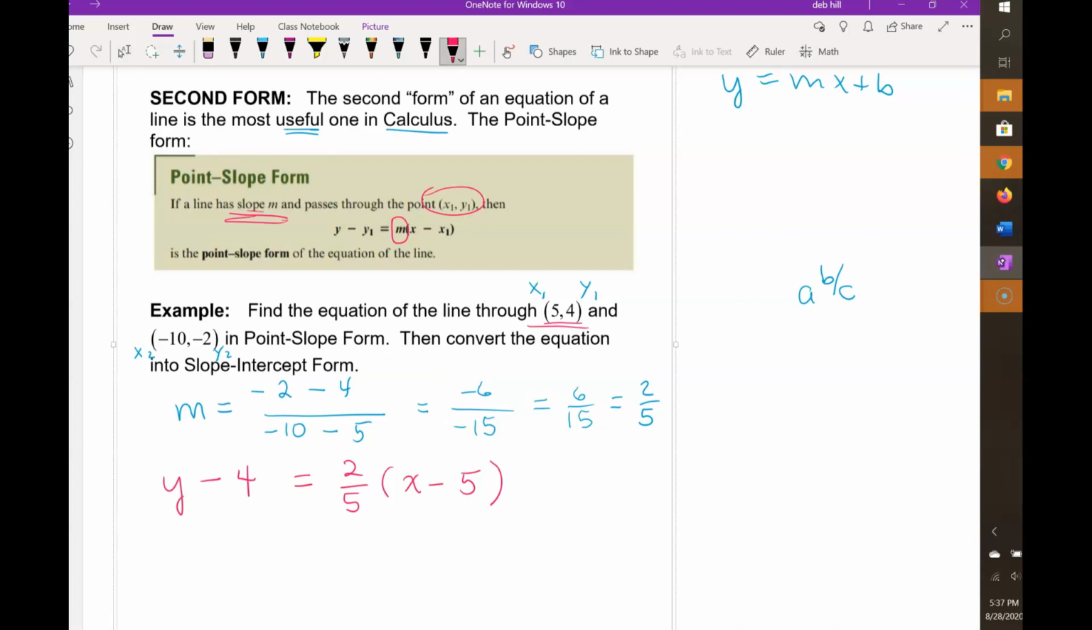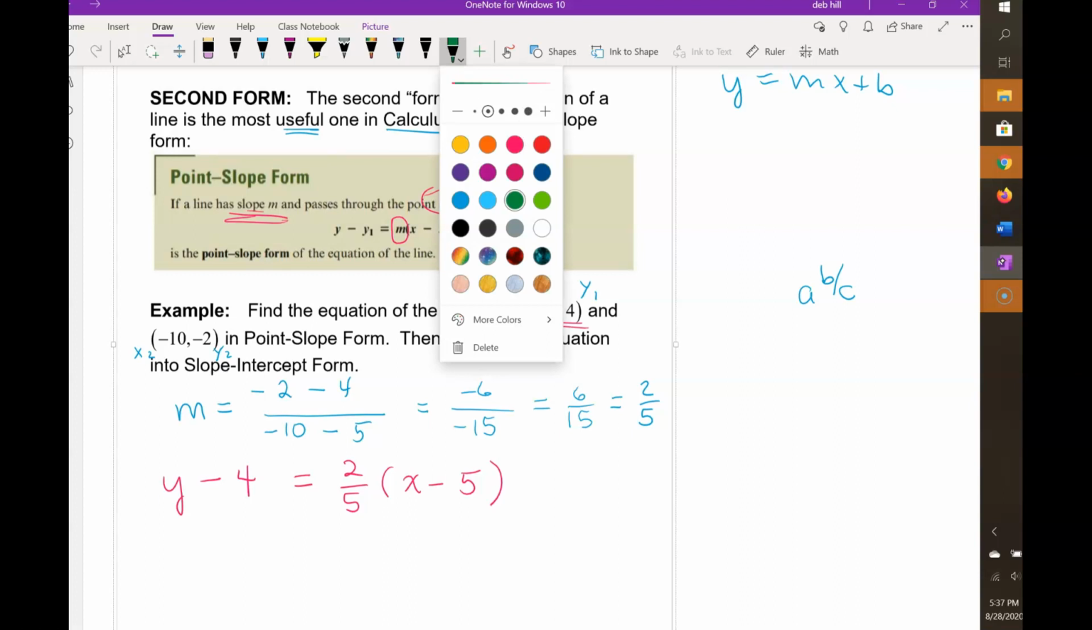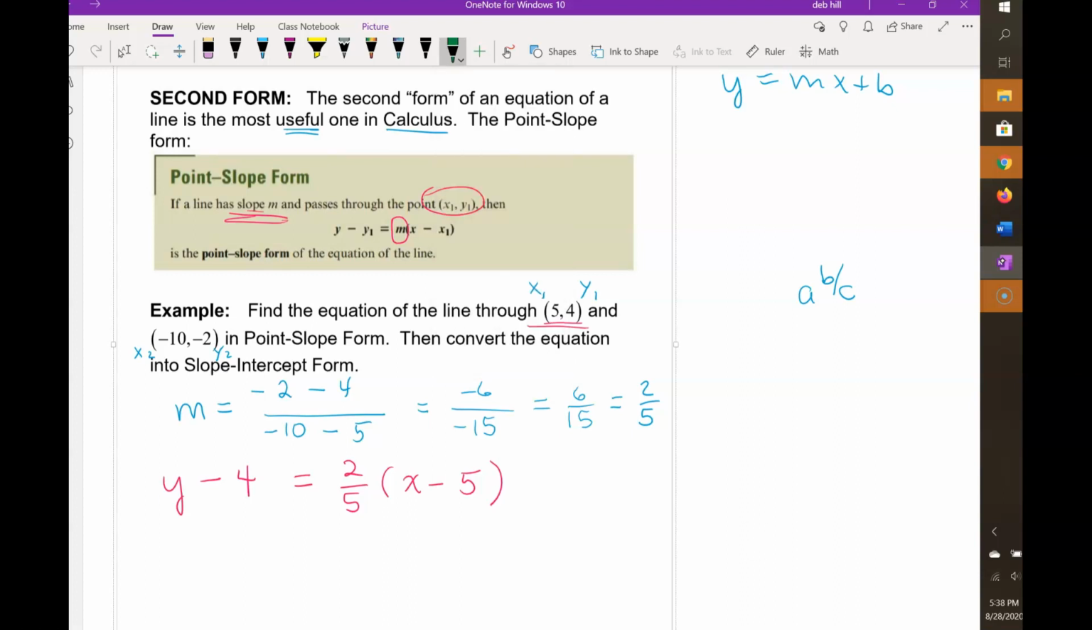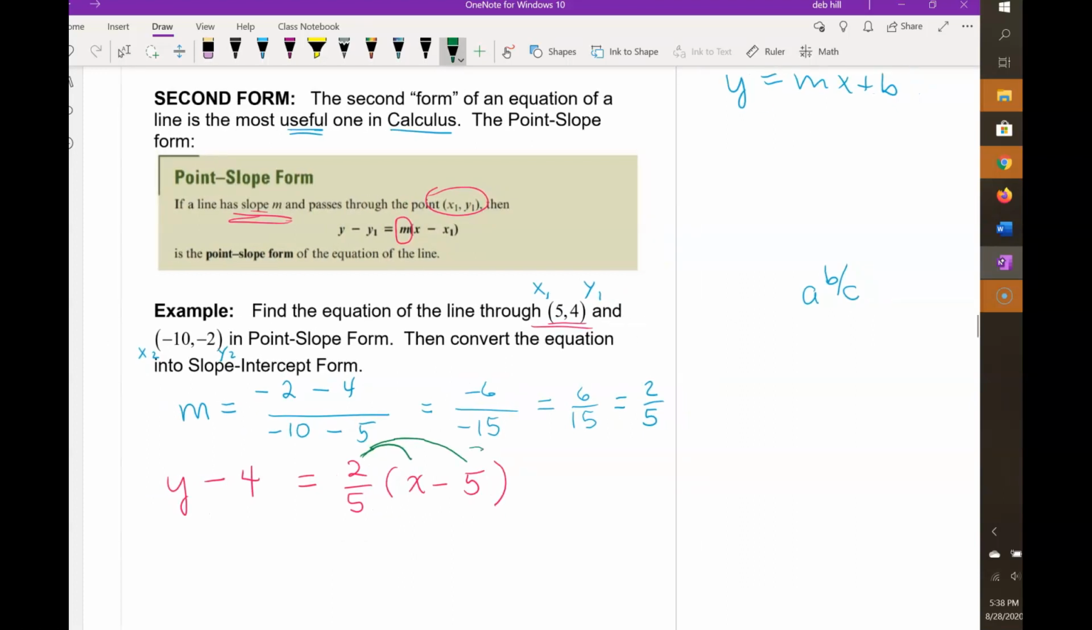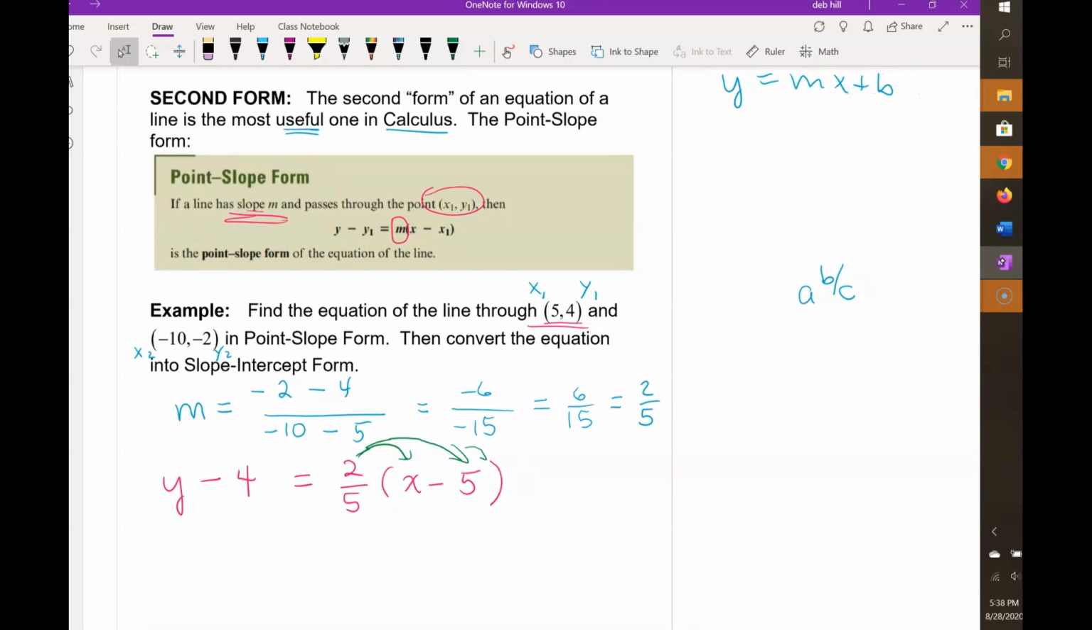If you are then asked to write it in slope-intercept form, we can do that by solving for y. We'll need to remove these parentheses by distributing the 2/5